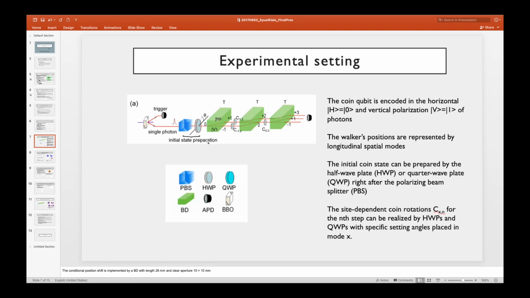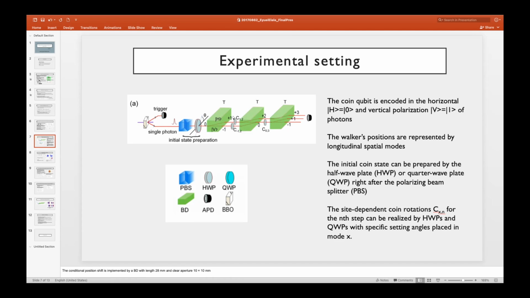So I'm not very familiar with these optical equipments, but the Walker position was realized through a longitudinal spatial mode. After passing through this, there's something called the displacer. So the photons at this position correspond to the Walker's position x plus one, and